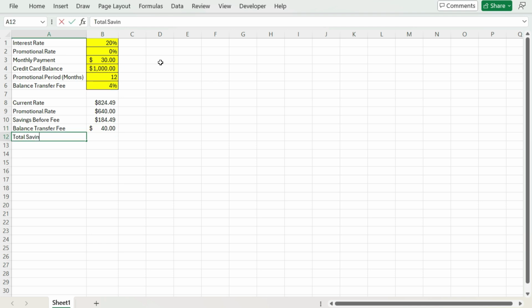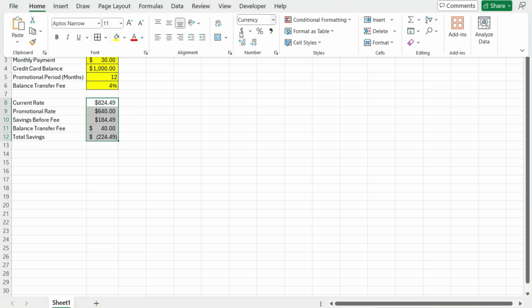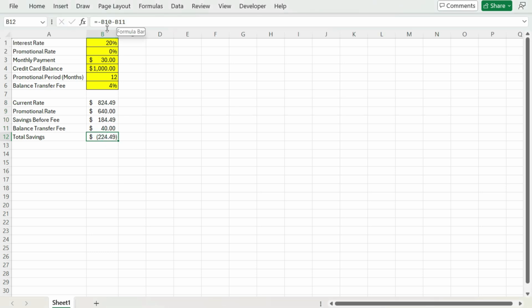And our total savings is now going to be this savings before the fee less the balance transfer fee. So let's just adjust this formatting so it's consistent here. And so I added a negative here, so that is why that is off, but $144.49,